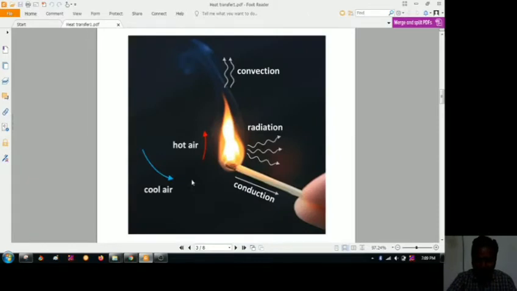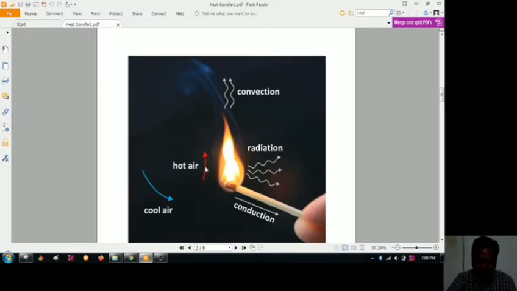As you can see, here is one of the heat sources. You can see the phenomenon of convection. First, when it touches the heat zone, it is initiated with the heat. Conduction occurs here: ignition occurs first, and the conduction proceeds in this direction. For convection, we can see there is hot air as well as cool air. The hot air is getting heated up, and you can see the vortex formation over here, and the cool air again coming in, along with whatever radiation is occurring.